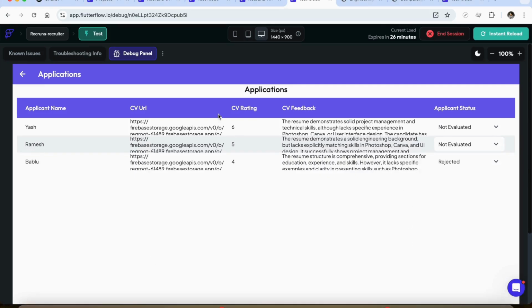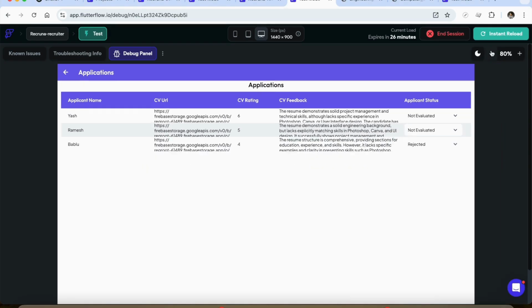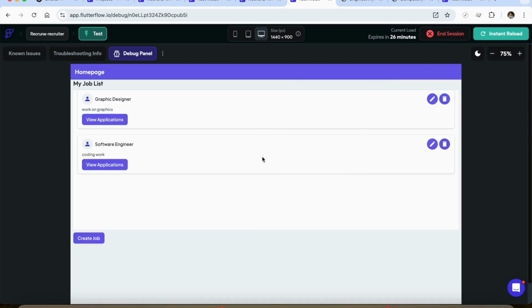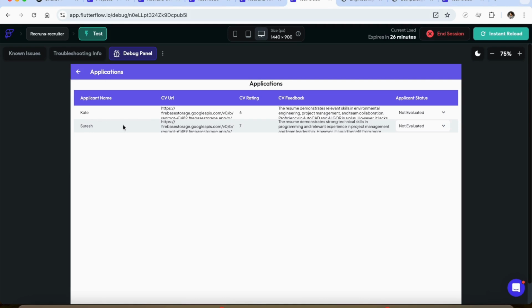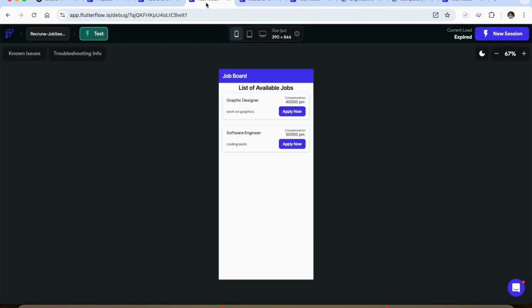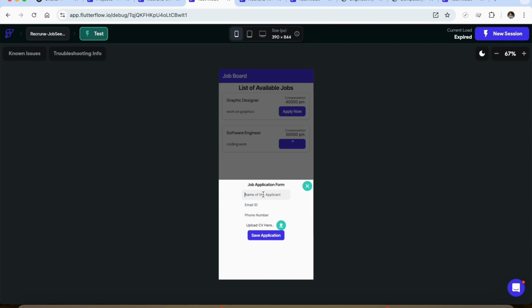So now this becomes like a full-fledged mini application where a recruiter can create these job listings. There is a job seeker version where somebody can apply for jobs, and then it can come over here as well. If we go to software engineer, again we see there are 2 jobs over here. Let's do a small experiment. We go to the job seeker part, and let's say we create another application for the software engineer. We apply now,